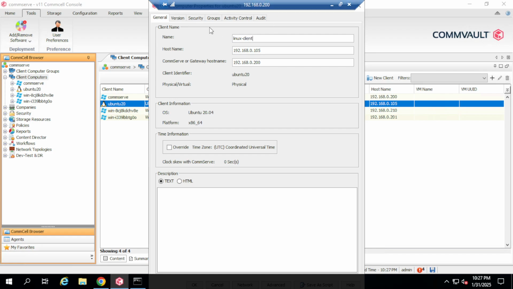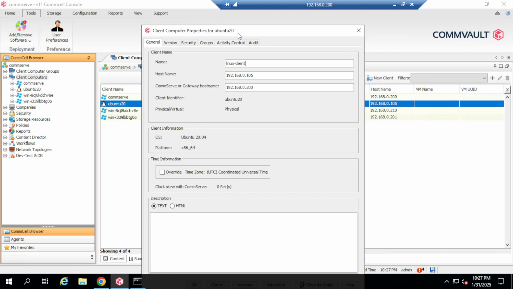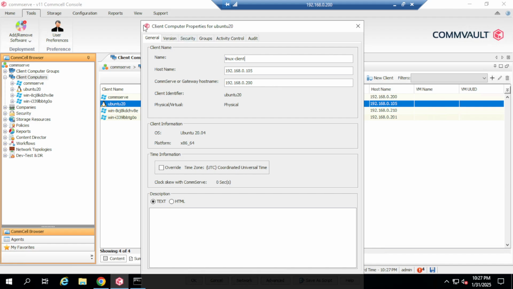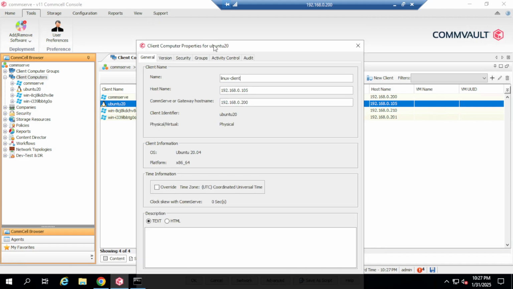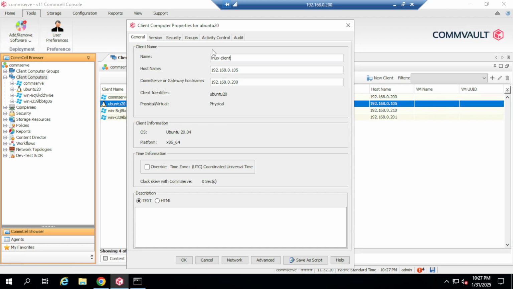So the client name here is what Commcell console will understand, right? It is only for backup admin, so identification. So it doesn't impact even if you change the client name. So say okay, but the host name should be the correct IP. So say okay,